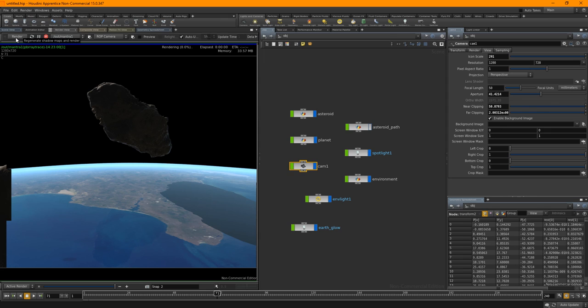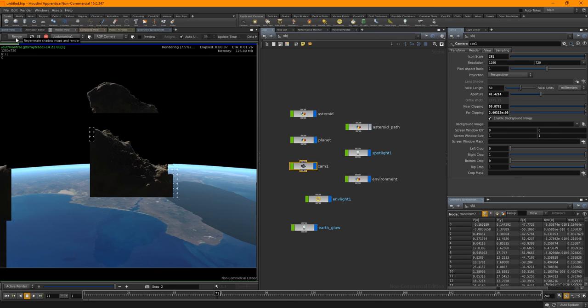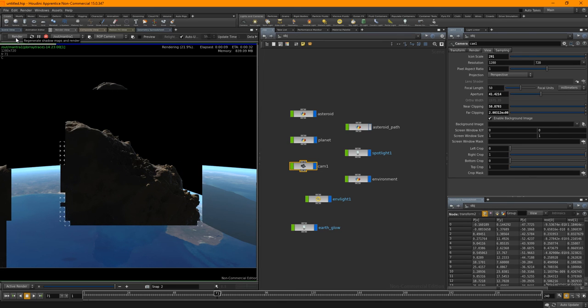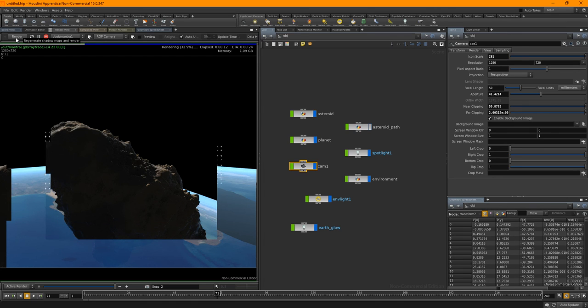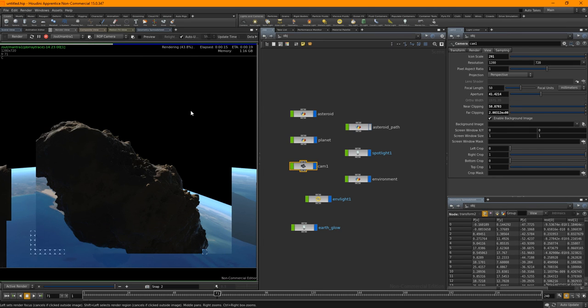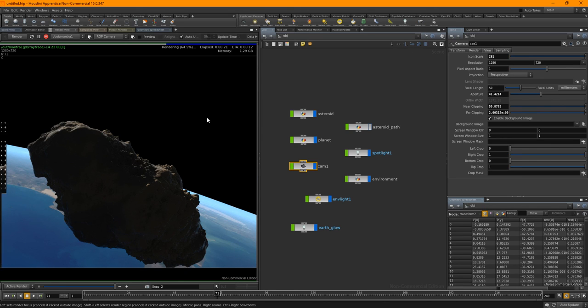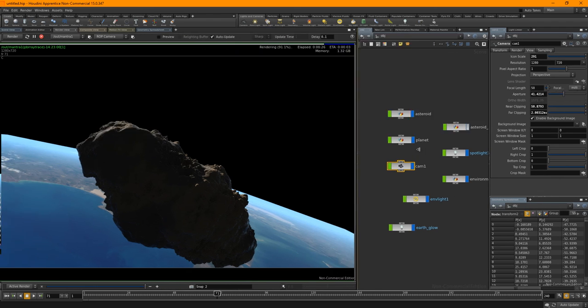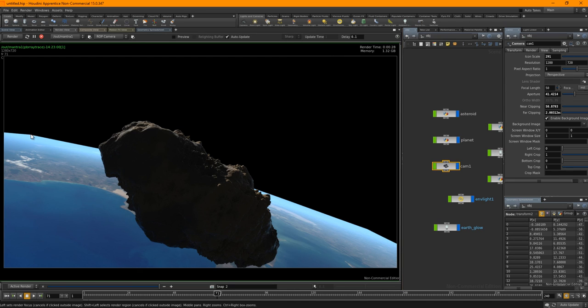We'll fire off a quick render, see how that looks. None too bad. I don't think that's looking bad at all, to be honest. Oh, apart from that kink. In fact, I don't think that's a kink. I think that's the corner of the grid, to be honest. But yeah, that's looking pretty good.